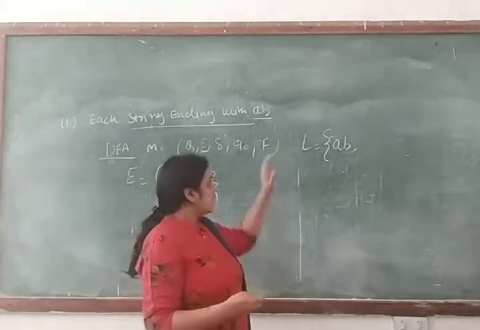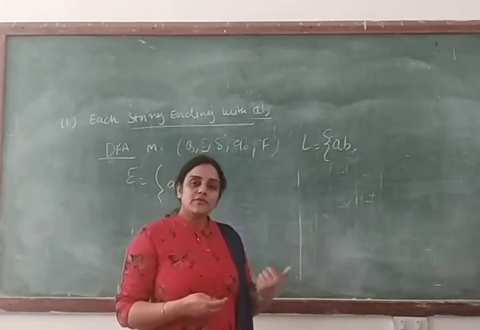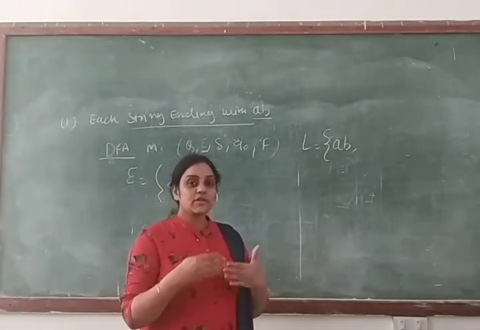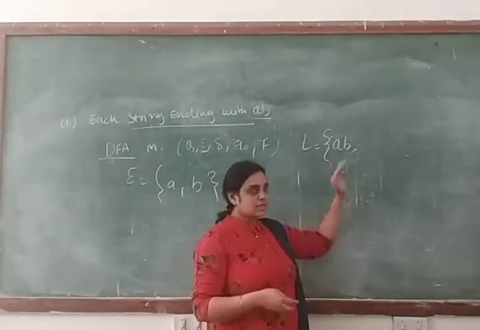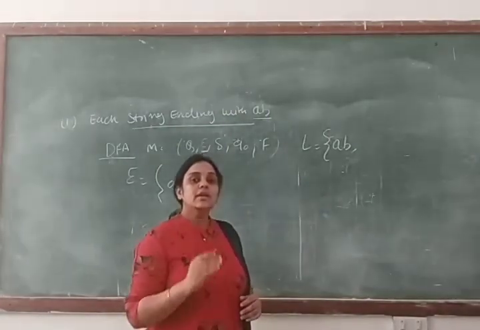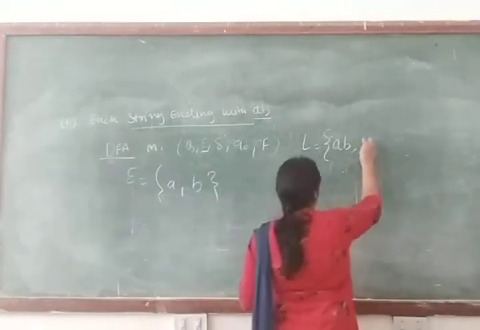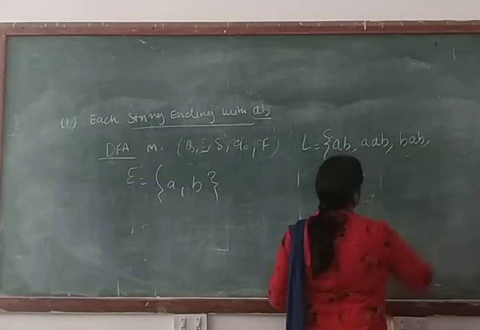strings. So it is again an infinite length language, and we have to make a machine for the infinite length language. So many conditions we have to remember when we are making this machine. So this is our smallest length string, and after that if we are making a machine for the 3 length string, then you can get A, AB, B, AB.